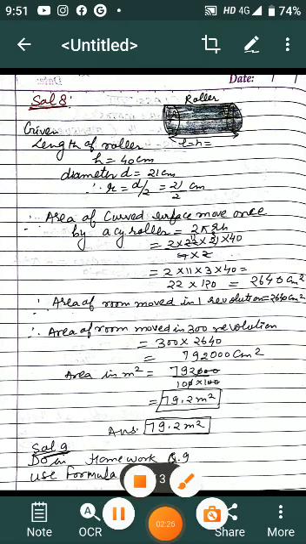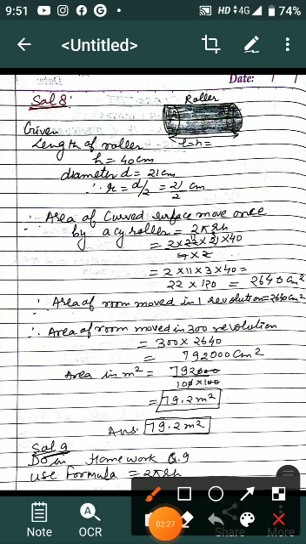Now see the question number 8 here. Question number 8 is the length of a roller. Roller you have seen on the road side. You have seen the road being built, where the roller rotates. So what is given here? Length of the roller h 40 centimeter, diameter you will take 21, radius you will take it as 21 by 2. Area of curved surface, again we have to find out curved surface area of cylindrical part 2 pi rh.